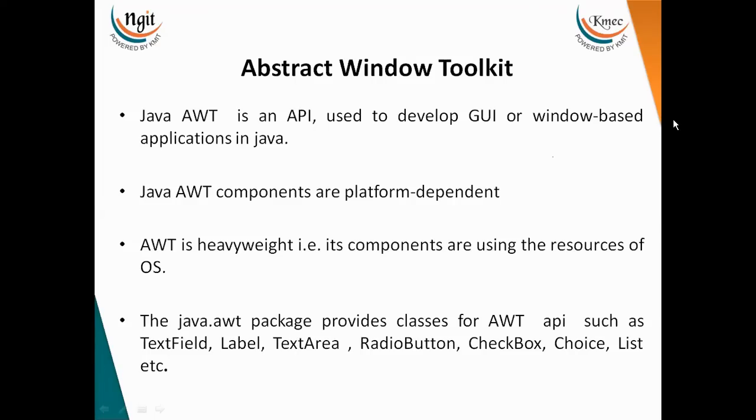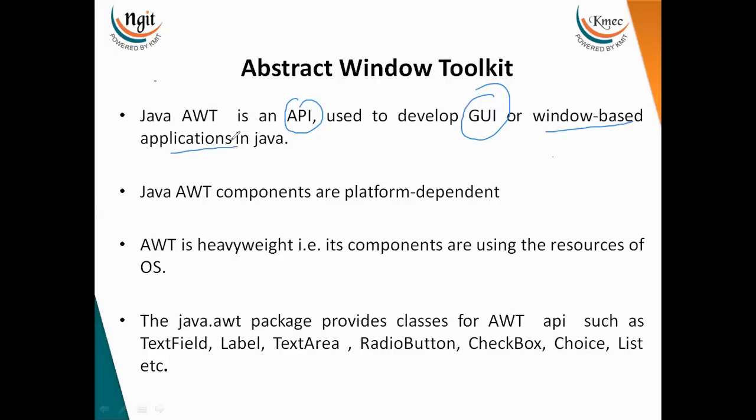Sir, what does AWT mean? Beta, AWT stands for Abstract Window Toolkit, right? So basically it's an API. This is used to develop GUI applications. GUI stands for Graphical User Interface applications, or you can also develop web-based applications by using this AWT in